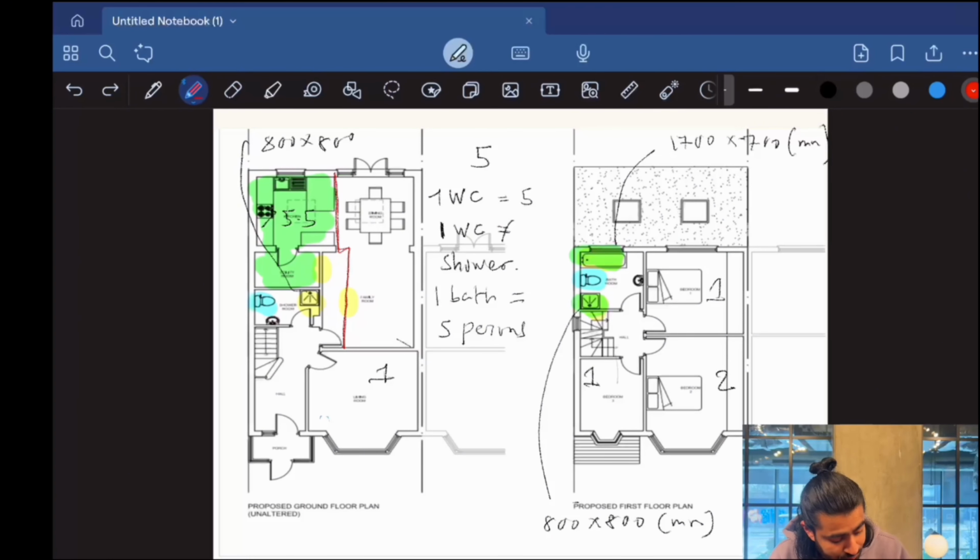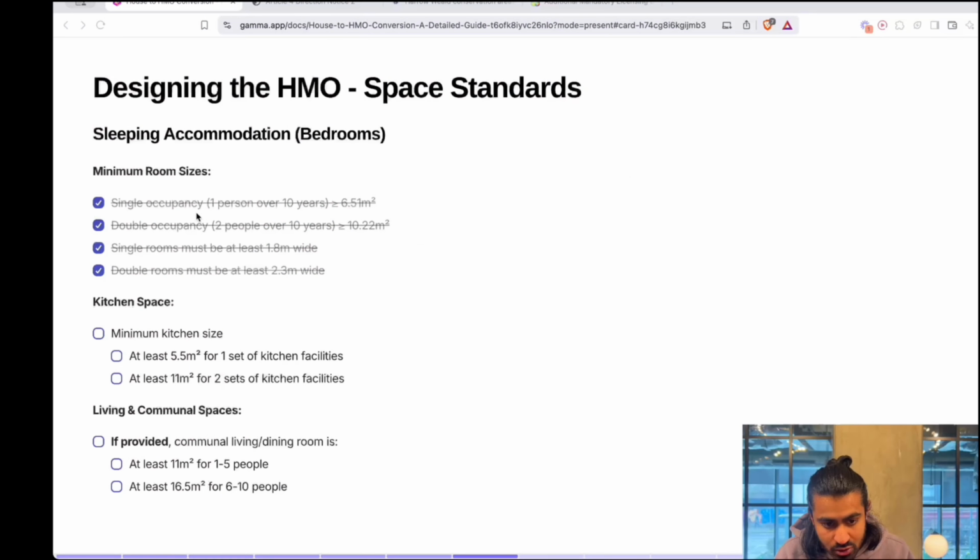But now, if you look at the amount of rooms we've got, we've got 1 room, 2 rooms, 3, 4, and 5 rooms. Where we had a couple that was staying in bedroom 2, I should say, we can only have 1 person staying there now, because remember, we need 5 occupants. And then for bedroom 2, we can also have 1. So now we've got a 5-bedroom HMO, 1, 2, 3, 4, and 5,